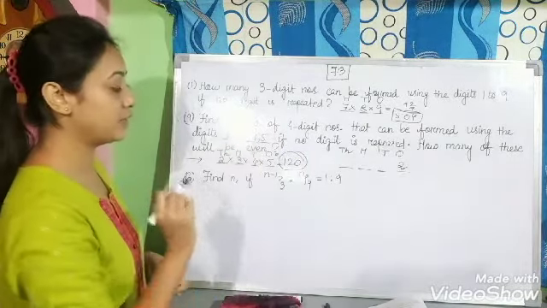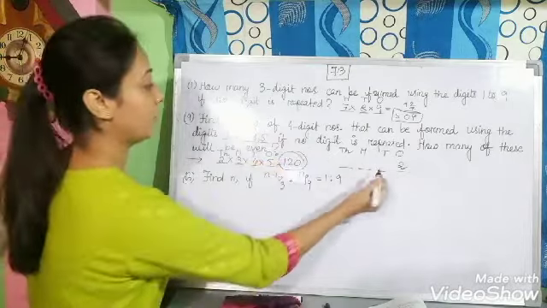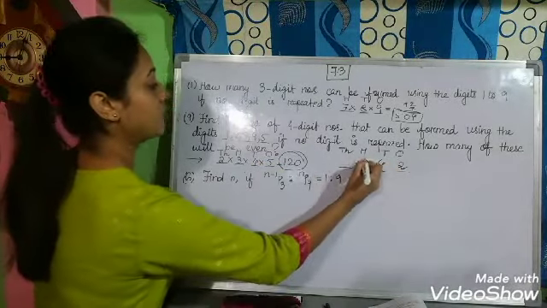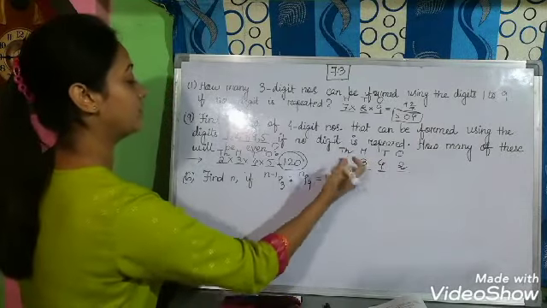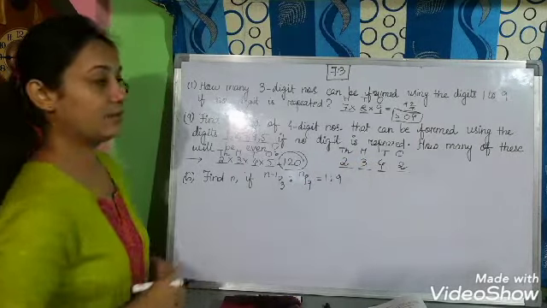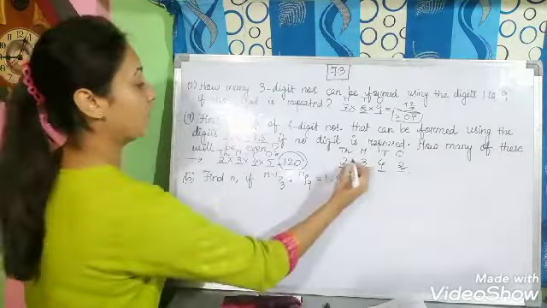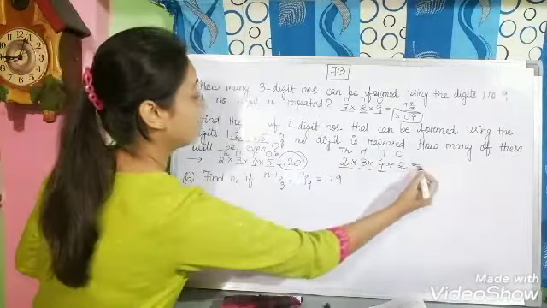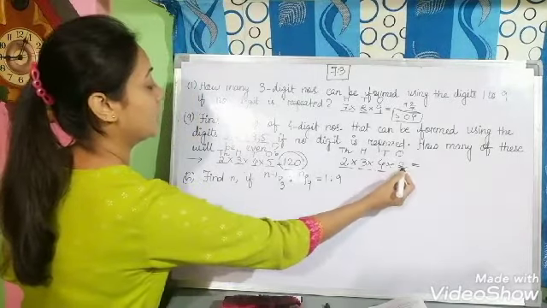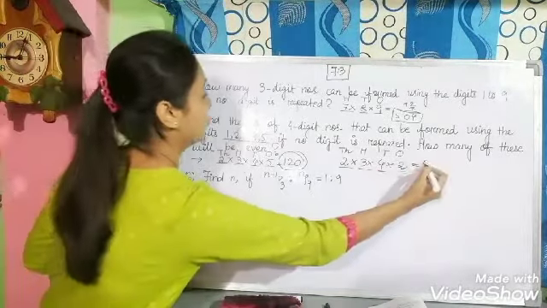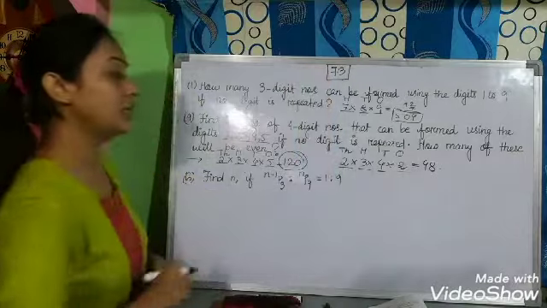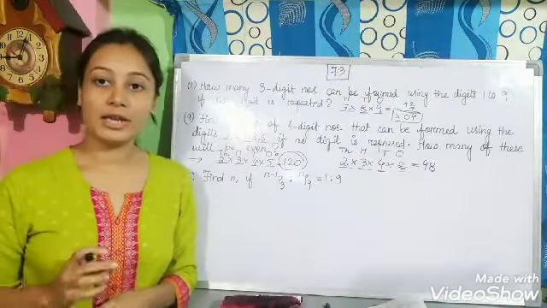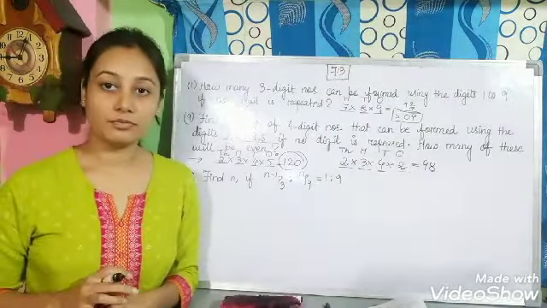See, a total of 5 digits are there. One you have already written, so the remaining places will be filled in 4 ways. The next will be filled in 3 ways, and the next in 2 ways, right? Hence the total number of ways is equal to 2 into 3 into 4 into 2, which is: 2 2s are 4, 4 2s are 8, 8 3s are 24, 24 into 2 equals 48. So out of these 120 numbers, 48 of them are even.